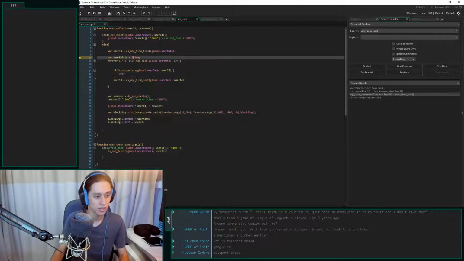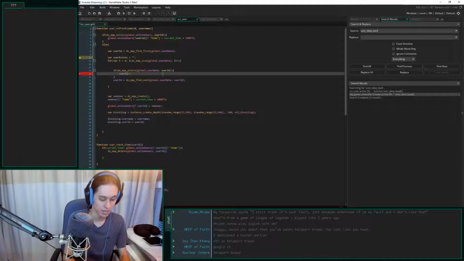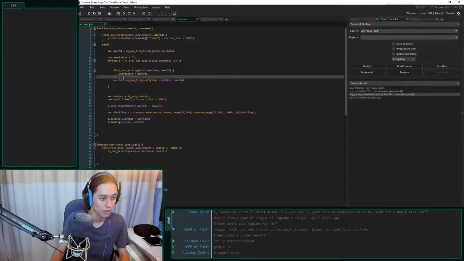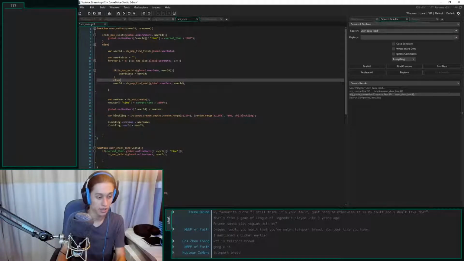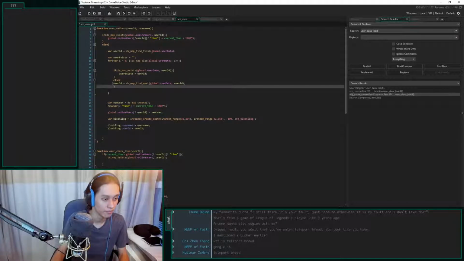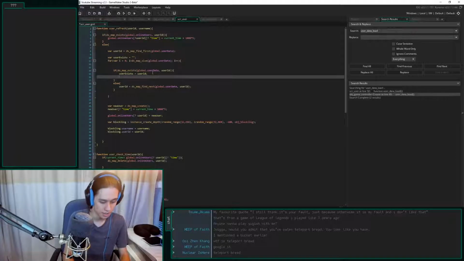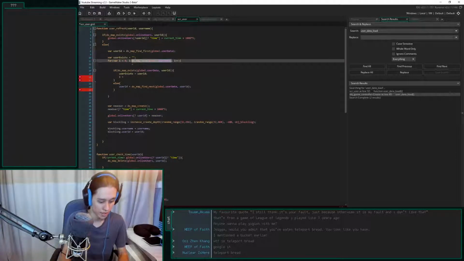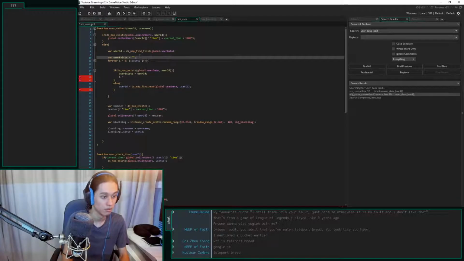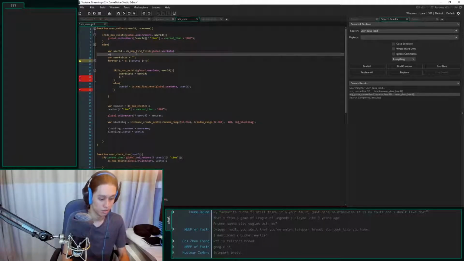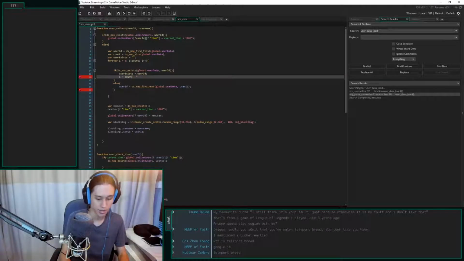User exists is going to be minus. Actually, it's going to be blank. Set user exists to blank. User exists equals the user ID. If it does not exist, then we're going to keep looking. And if it does exist, then I equals. I think I do want a variable called count here. There we go. Something like this.